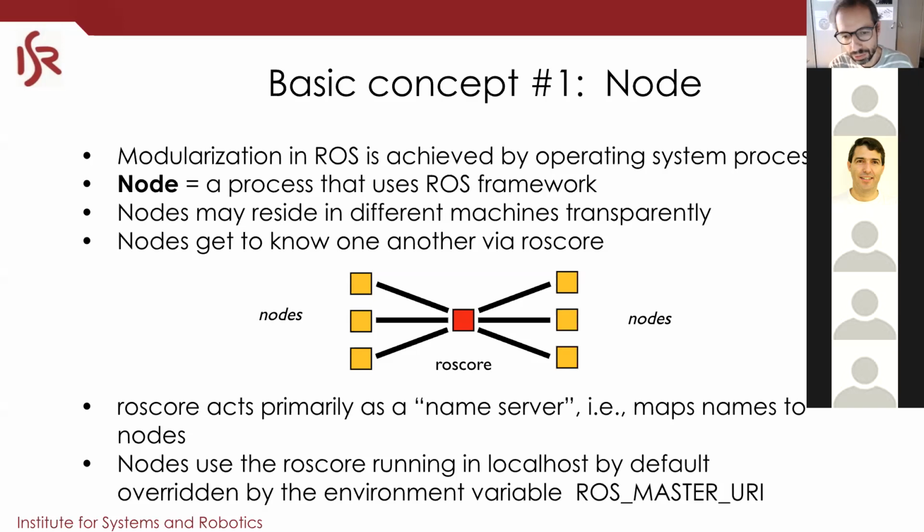The punchline for ROS is that the communication between nodes is very easy to set up and to make work, and that is the big advantage of ROS. This is core. Now, these nodes that talk between them can be on the same machine, but they can also be on different machines, and all of that is transparent.